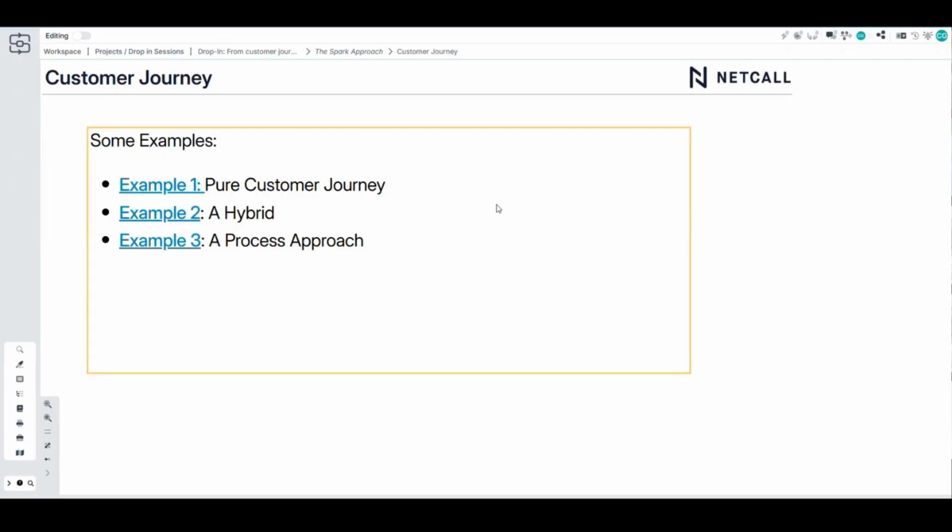I've got another example where it's a bit of a hybrid approach. Actually looking at a customer journey, but then using that within the same map, coming down and adding some of that information against processes, and then a pure process approach. Is that a customer journey? I'll let you decide that. But just to show a little, the variations of how we can manage that. So if I click on example 1,